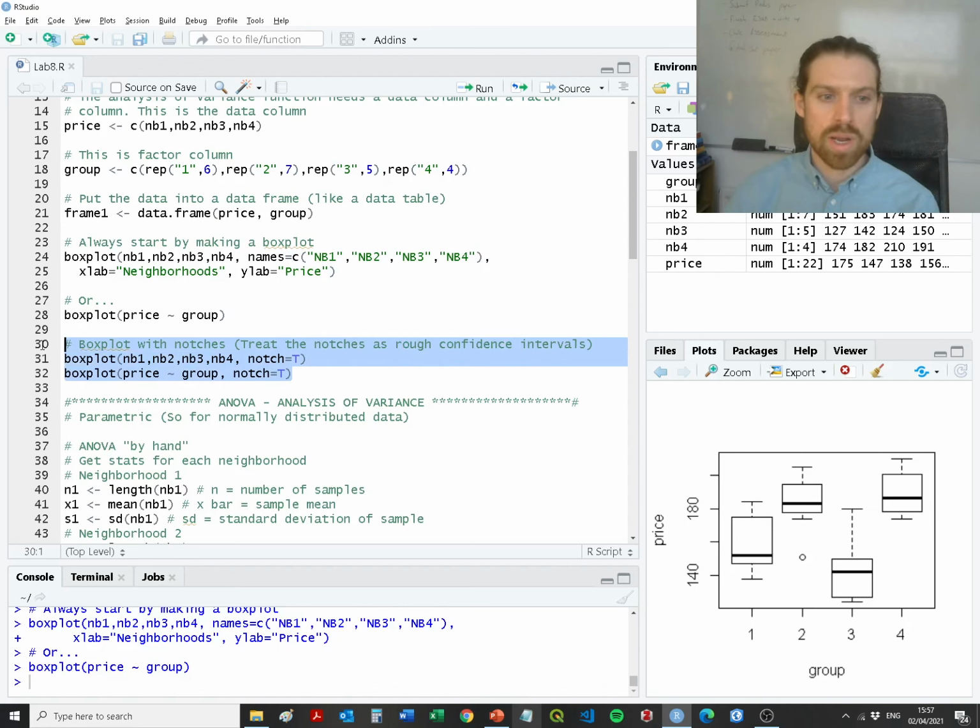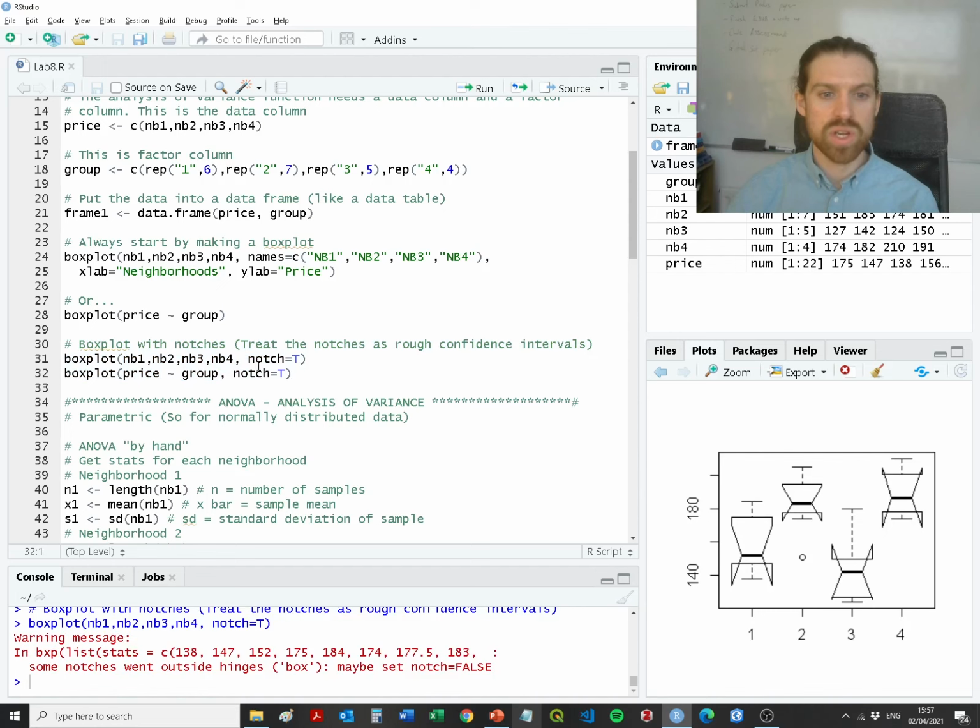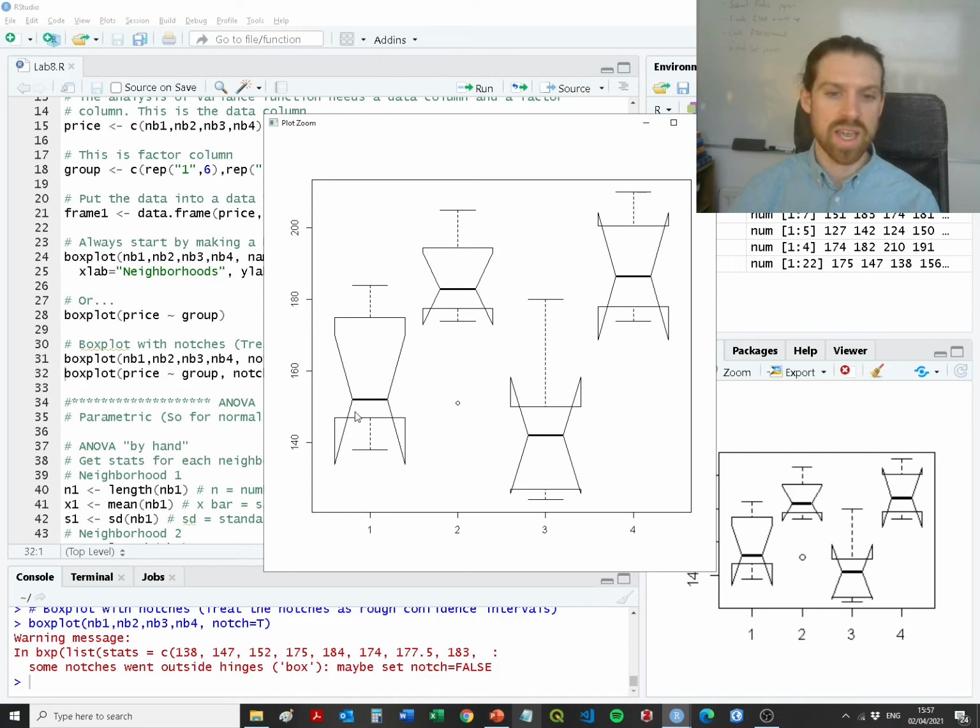So we can also create box plots, and we can use the notch argument here where I've placed it to true. Basically, this gives us an indication as to the distribution of the data points, and the width of the notches gives you an indication as to how the data are structured under there. There are many different ways that we could show this. We could just